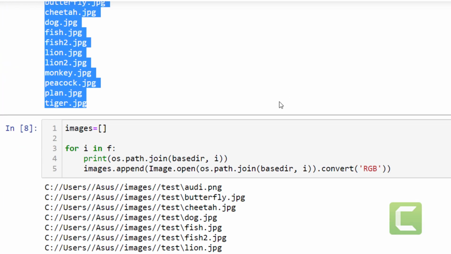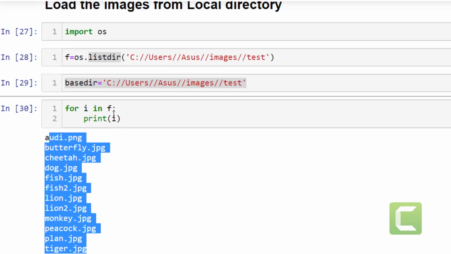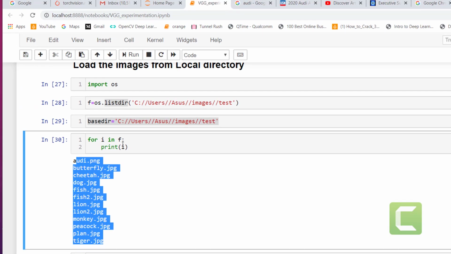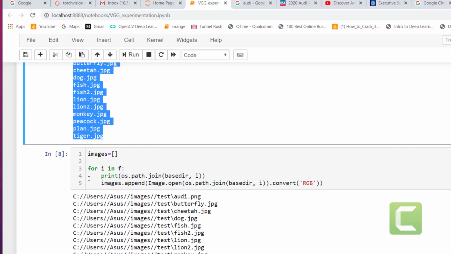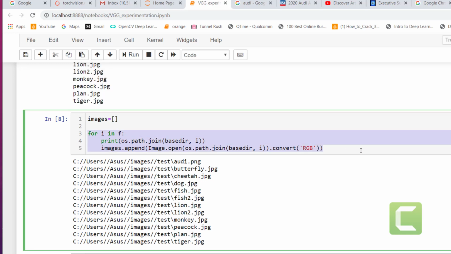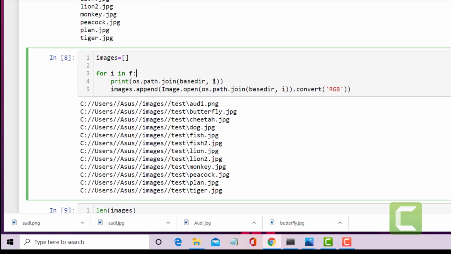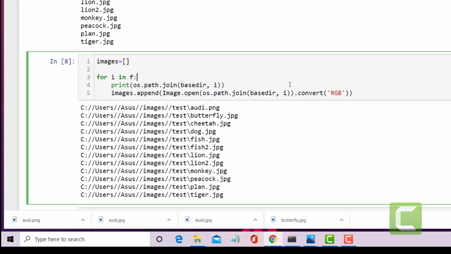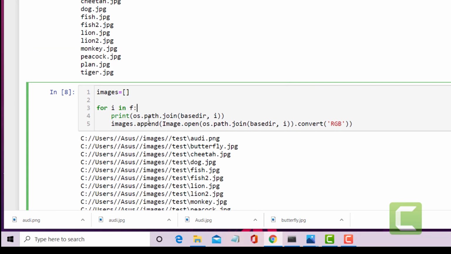Okay, so what I want to do is load all these images and store them in an array. Okay, so this is how I'll do it. I have a for loop, okay, which goes through all the files in that particular directory. That is by doing os.path.join the base directory to the file name. Okay, and then we use Image.open to read the images.